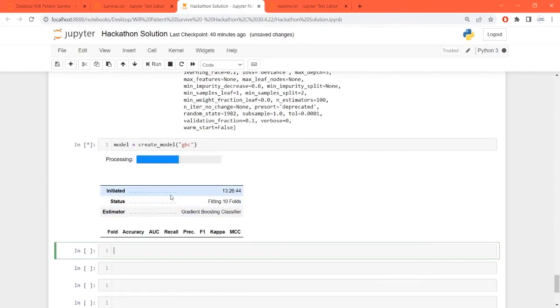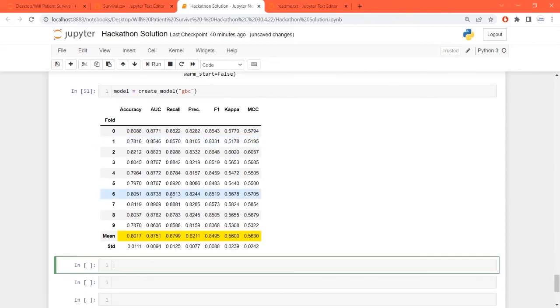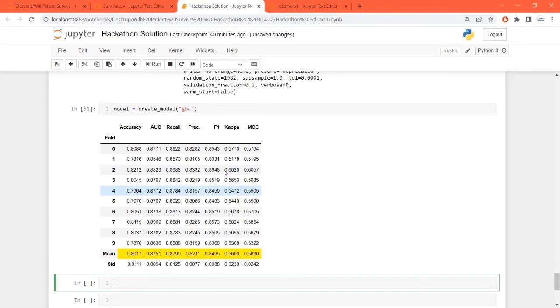After tuning the parameters, it's going to find the best one and give you the answer. After a few minutes, we see that the best recall is 0.8799 within the gradient boosting classifier.